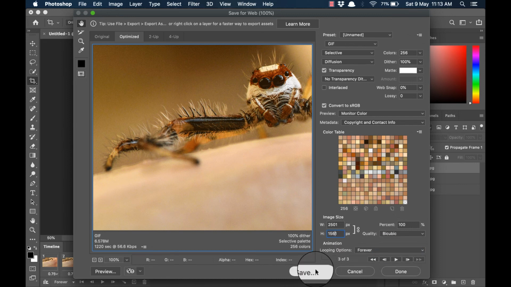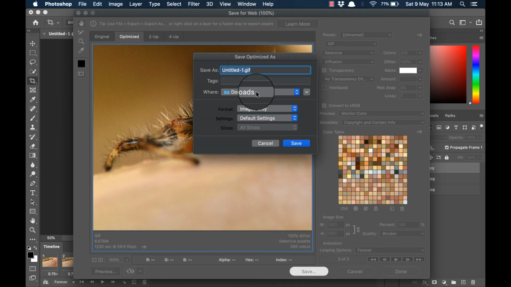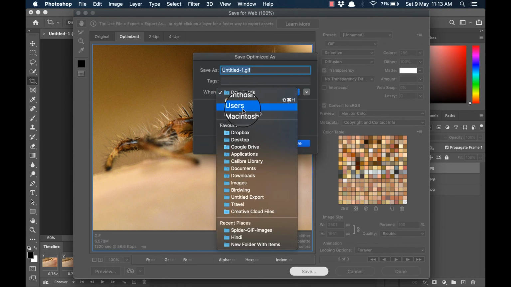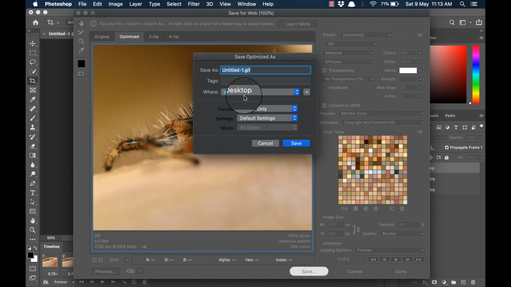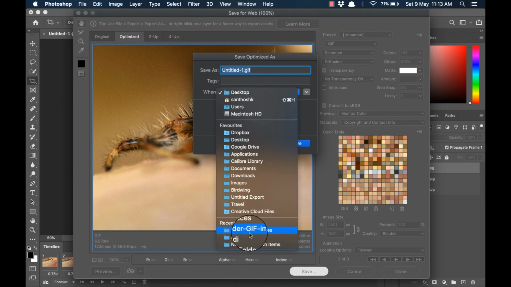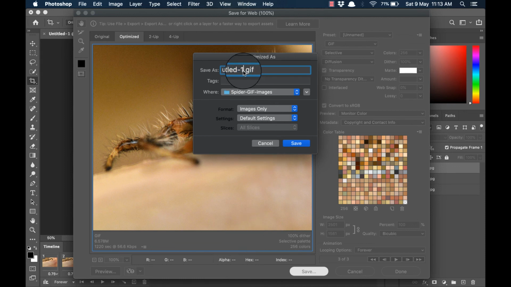Click on save. Let me save it to the same folder as before. Alright, let me name it spider.gif, something like that. Then choose images only and click on save.